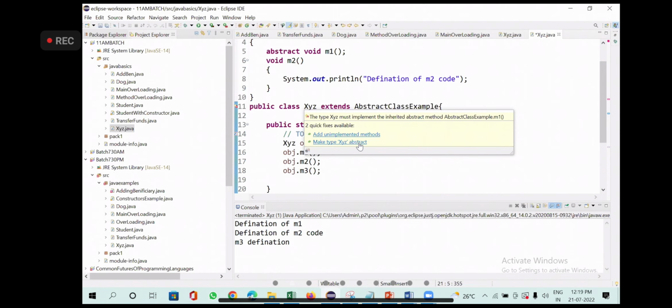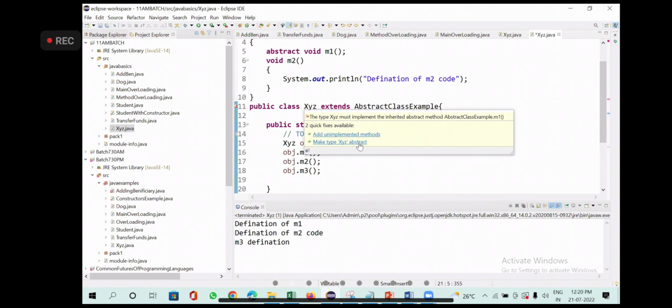You can make a note. I just forgot to mention. Make a note. We cannot create an object to the abstract class.